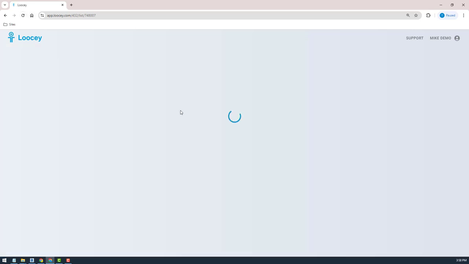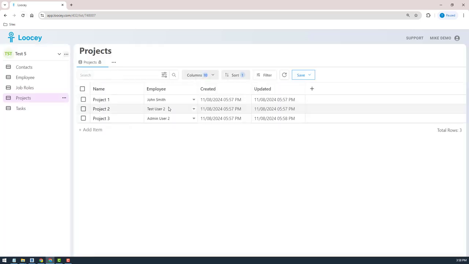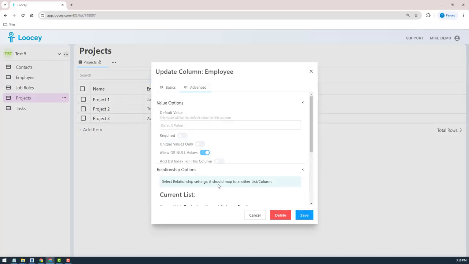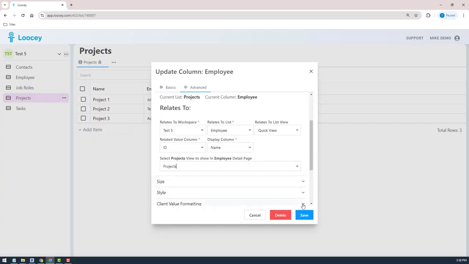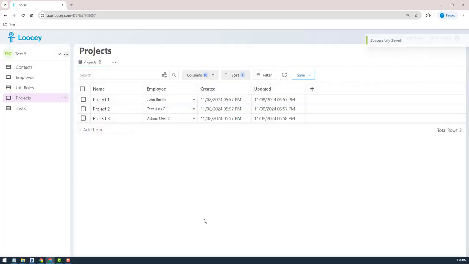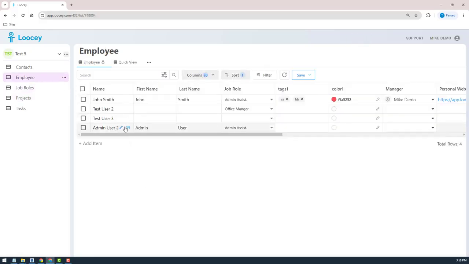I always forget about this. I think I have to refresh when you have a new table. But anyway, if I select this, what's going to happen is that now in my employees, it's going to show me